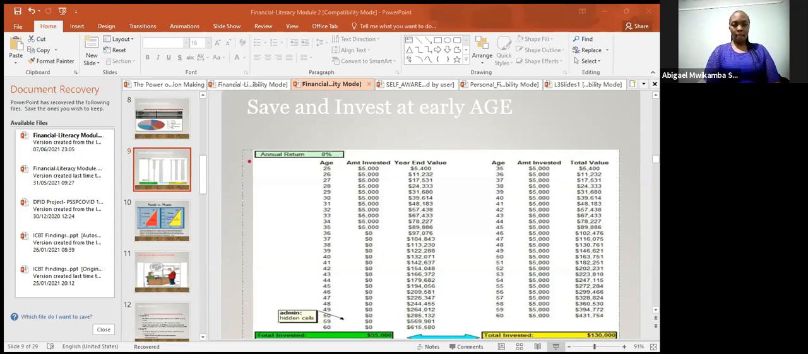So the point I was making is, remember we are looking at three factors. The first factor was age. The next,